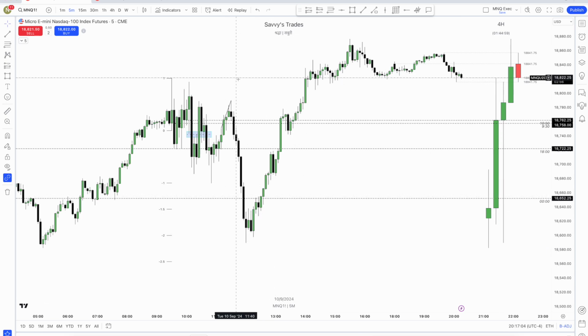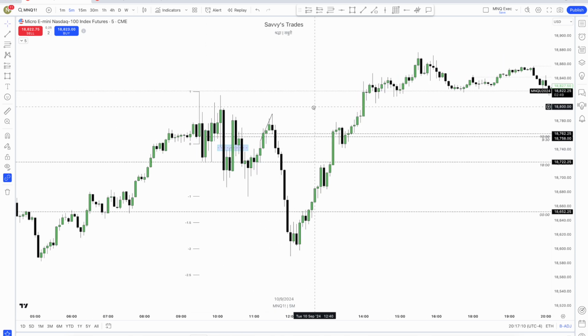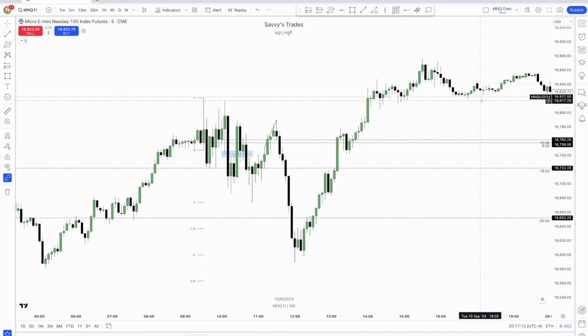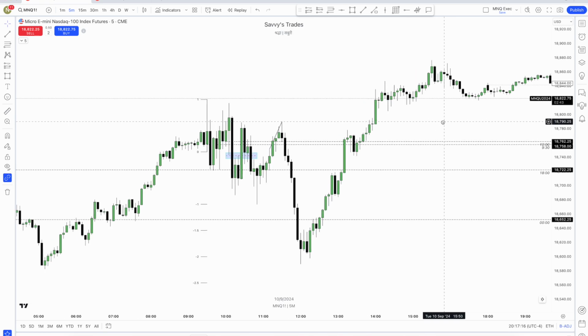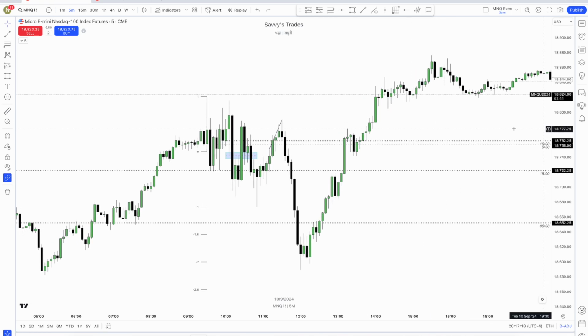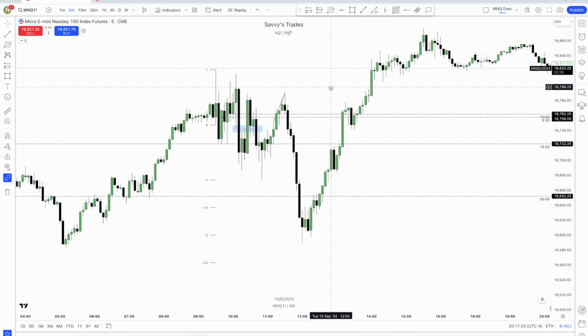So the only trade opportunity that I saw was this 2022 sell model. But apart from that, I thought the rest of the price action was just accumulation and choppy price action. That is all for today. I think it was a pretty interesting day, but again, we had expected this to be the move because we